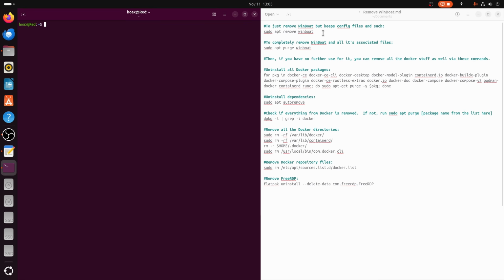Our first command will actually remove WinBoat itself. If you want to just remove WinBoat but keep all its configuration files because perhaps you want to reinstall it later, and you don't want anything changed, the first one here, sudo apt remove WinBoat, is just fine. But if you want to uninstall it super cleanly, do sudo apt purge WinBoat and hit enter, then put in your nice easy password